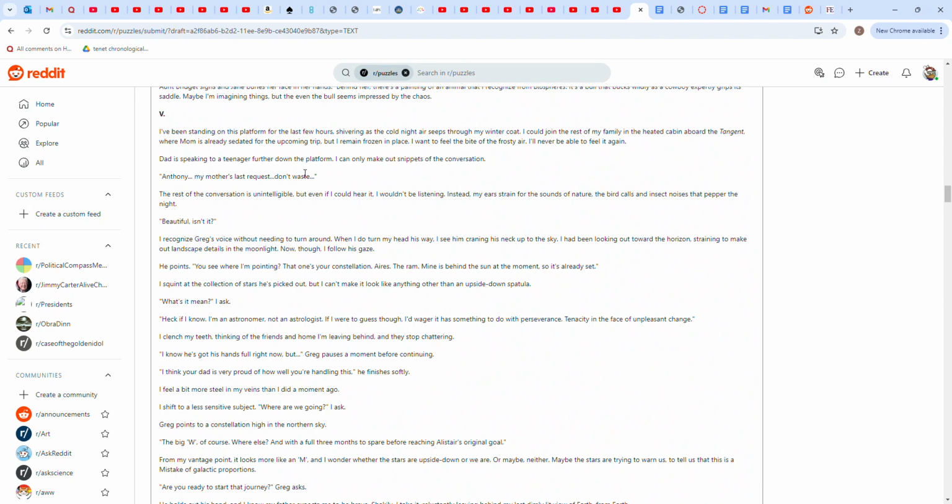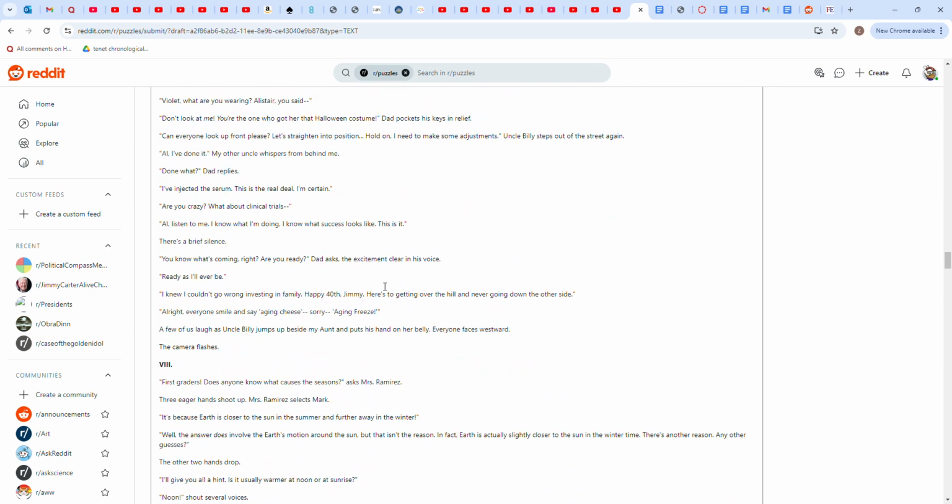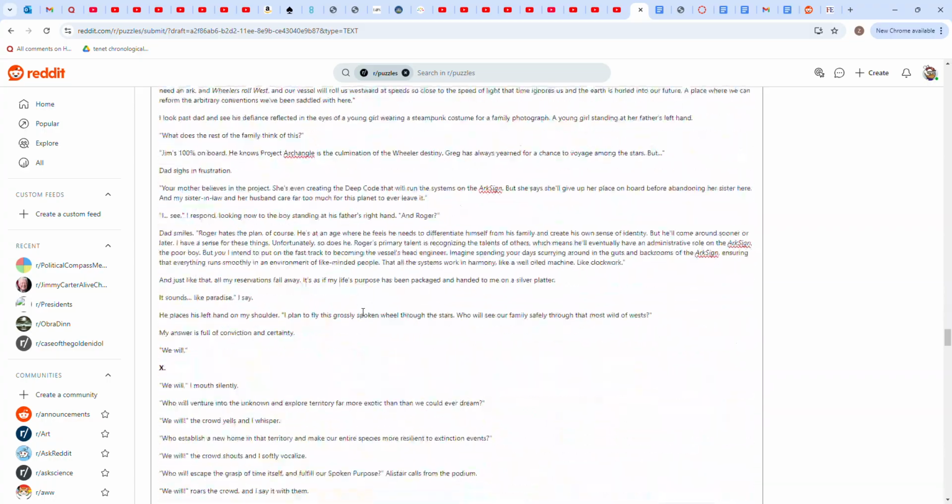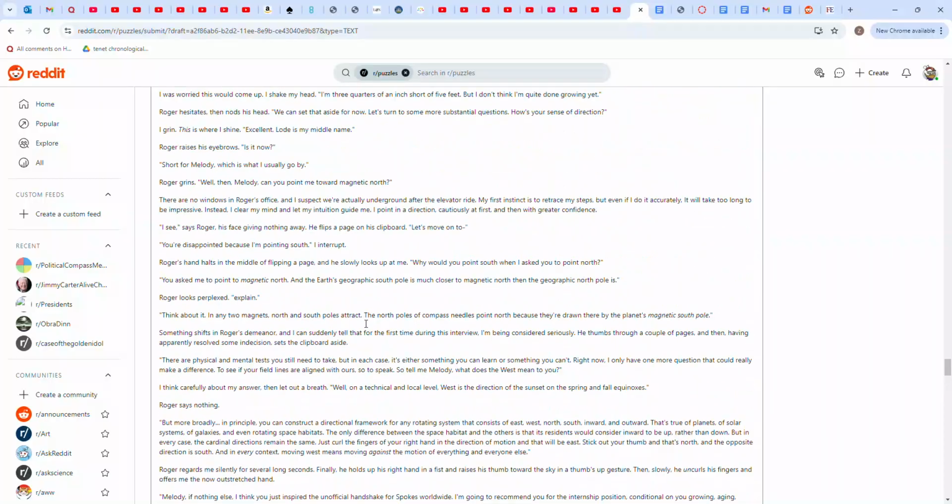"Dad is speaking to a teenager further down the platform. Anthony, my mother's last request." In other words, this isn't meant to be concluded from this little passage here, but the idea is that Alistair's wife, Roger's mother, gave up her seat on the arc ship to her nephew Anthony. Later on, Anthony ended up, as spoken about in scene 11,